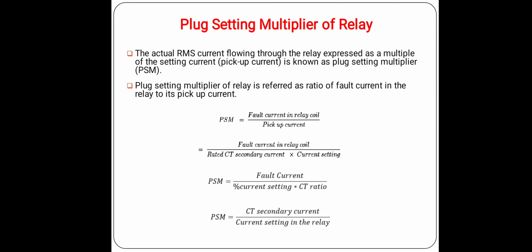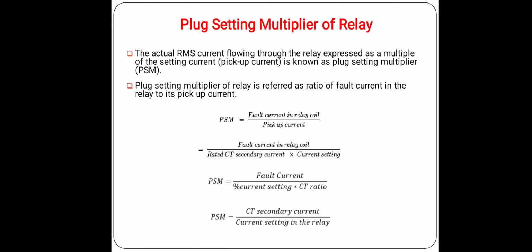If we take one example to understand this topic, suppose a relay is set at 5 ampere. That means it will operate if the current exceeds 5 ampere. Below 5 ampere the relay will not operate. So there are a number of tappings on the current coil available for the current setting.